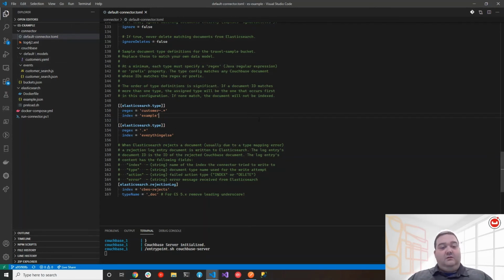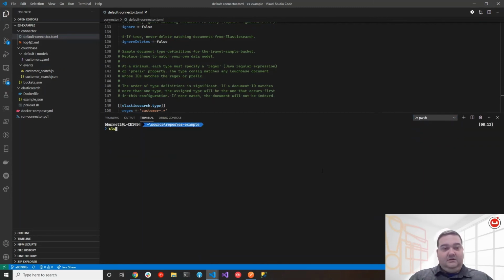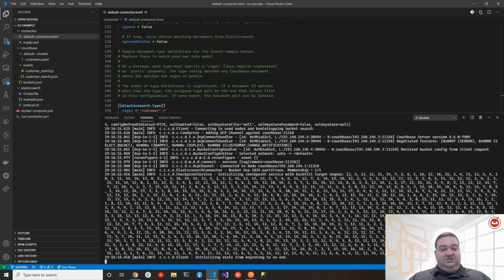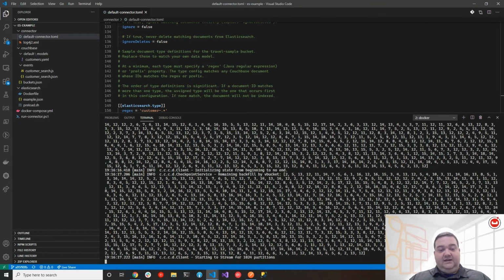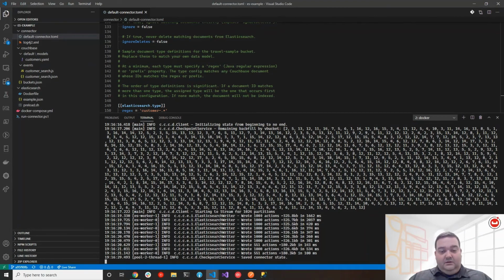So then what happens when you spin it up? Let me actually spin up the connector and we'll see what it does. I've got a little script here that's launching it. This is just launching it inside Docker. So you see it's cranking up, figuring out where it needs to be on the various vBuckets. And you see very quickly there, it wrote out 1,000 actions, which means it handled 1,000 documents. And see, it ran it in 2 threads, and it gets through and